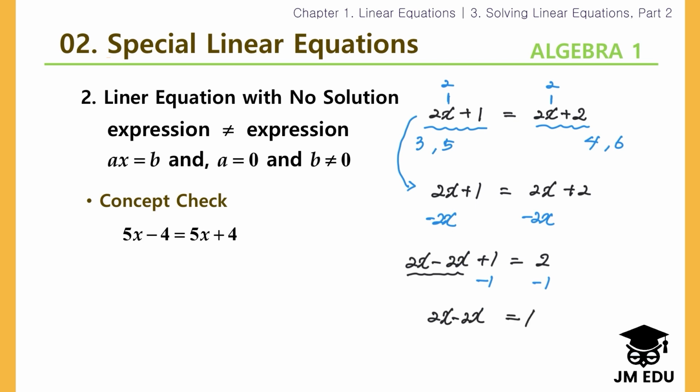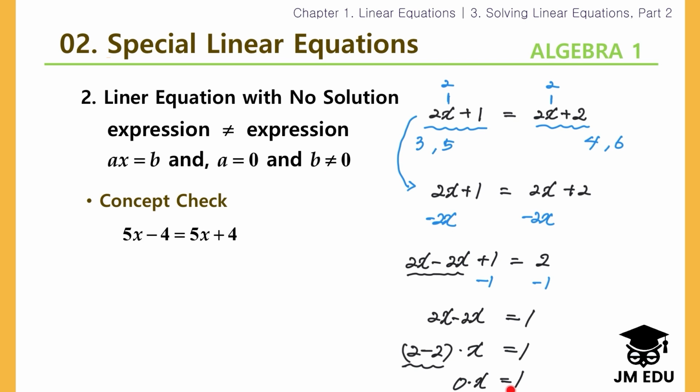And using the distributive property, I can write 2 minus 2 times x is equal to 1, right? 2 minus 2 is 0. So 0 times x is equal to 1, right? This means if we convert this equation to this form right here, a is equal to 0, but b is